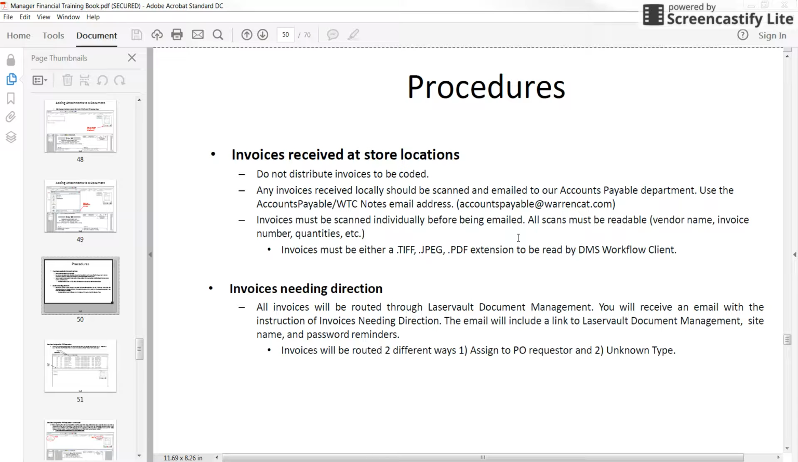Once purchase orders have been created and they've both been received and approved, then there are procedures that are followed with our paperless system called LaserVault. Every invoice that comes into the office is scanned into our paperless system, LaserVault, and they are assigned accordingly. Most, if not all, invoices require a purchase order, and that is the information that drives that invoice to a